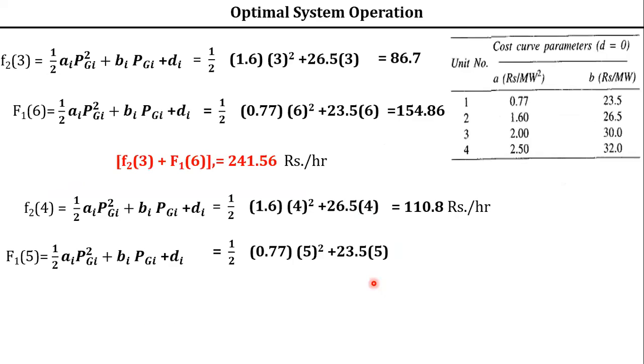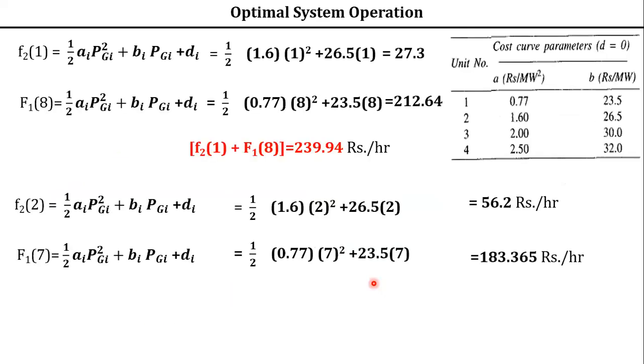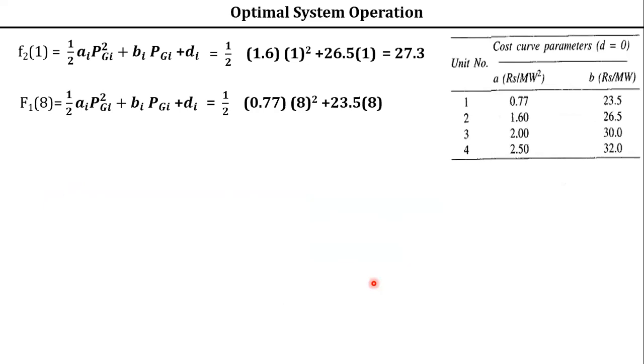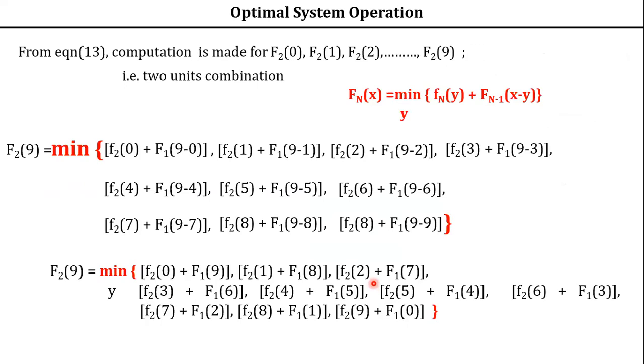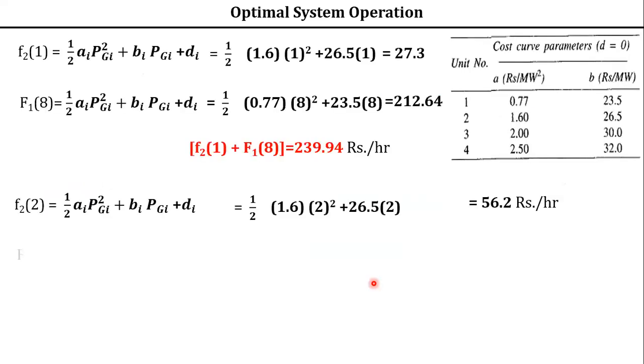So you summarize this whenever they ask it. Just don't elaborate on these numerical values. Just take this example and start explaining. You write it for one equation, that is F29. I've explained it, isn't it? Similarly, F39, F49, you can do on the same lines. You can conclude it like this: this is the conclusion, this is the optimal combination. Hope you understood this unit commitment table.